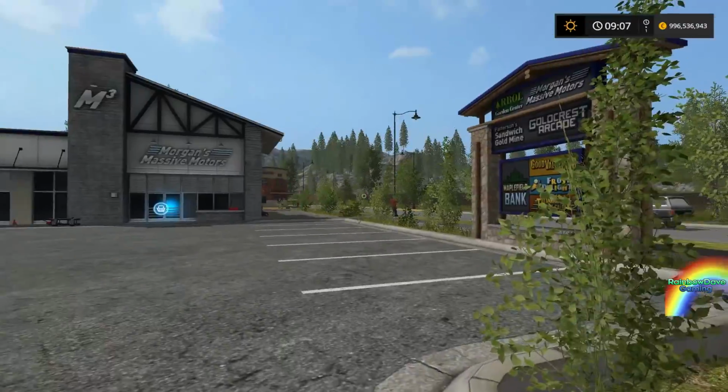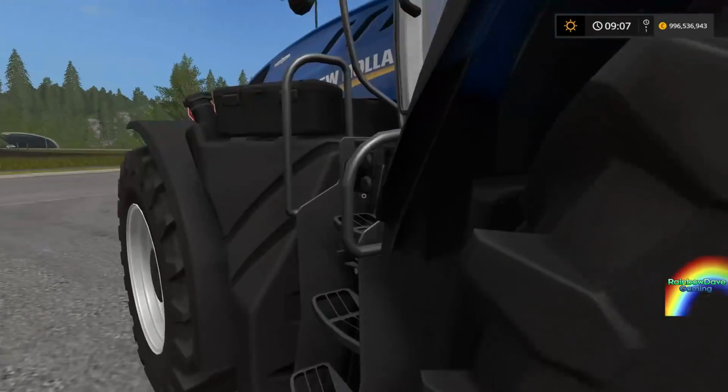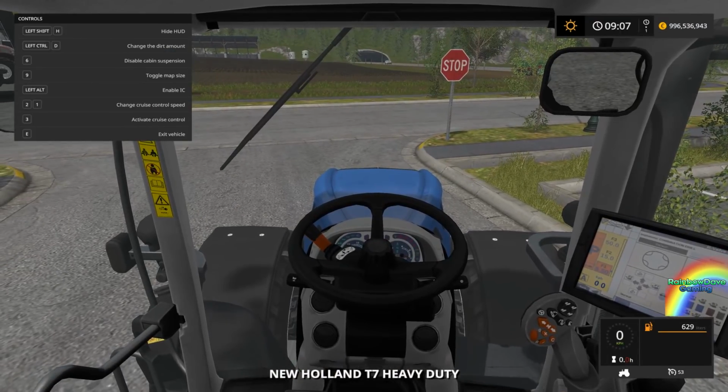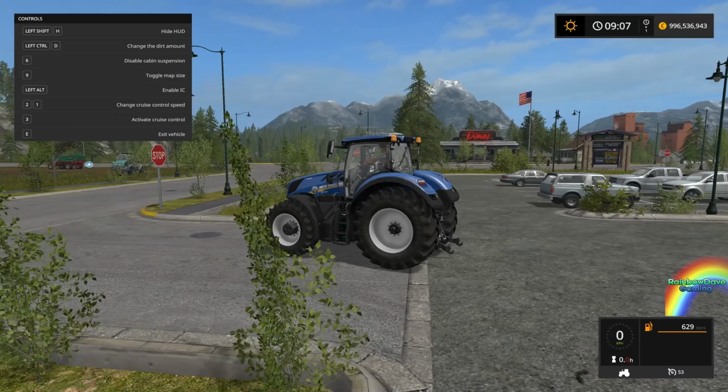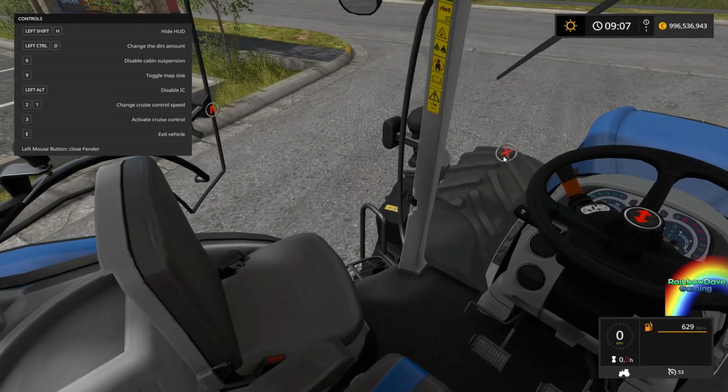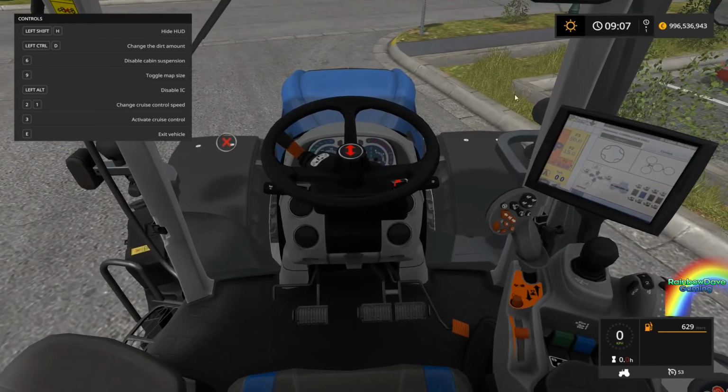Now, I'm not going to look at all three of the T7s here. Now this does have, I believe, if I bring up the help menu here, yes, it does have cab suspension, and it does actually have IC as well. So let's turn on the IC. You can open this. You can take off the fenders if you want. You can open that door, take off the fenders,